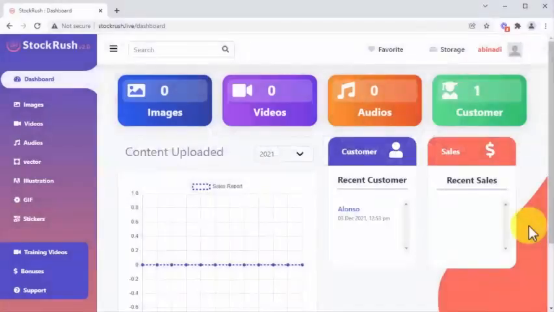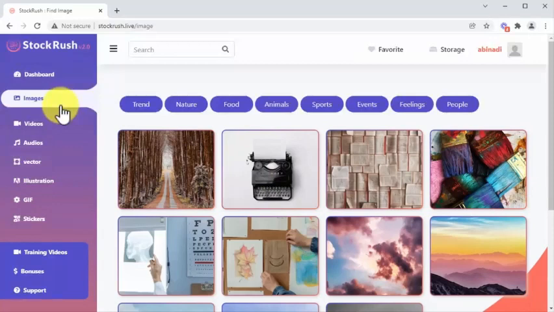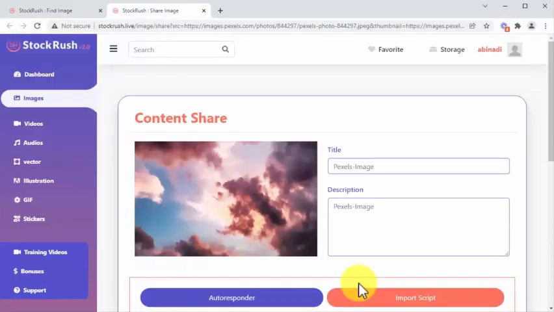Step 3. Send traffic. No agency website is going to make you money without the right type of traffic, and that's why we have built a one-click solution that'll allow you to send free viral traffic across social media with a single click of your mouse. You just have to go to a media gallery in your account, pick a cool asset such as an image, click here, customize the social media post you'll use to promote your asset,